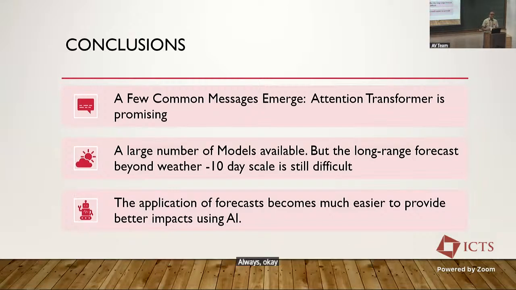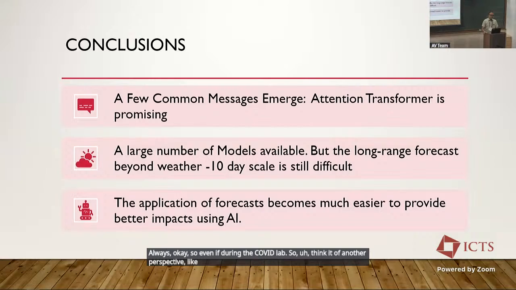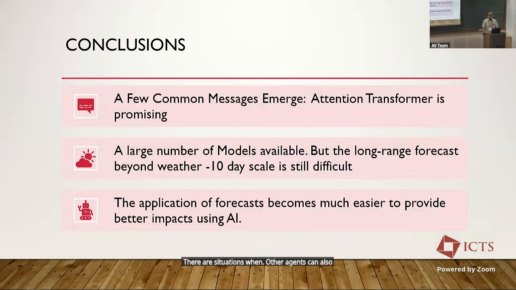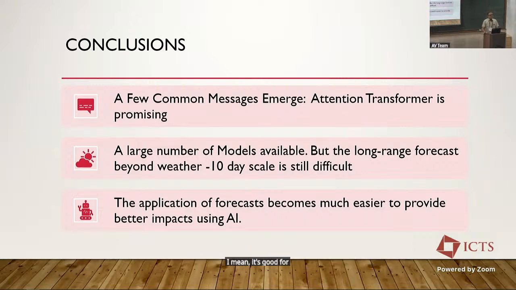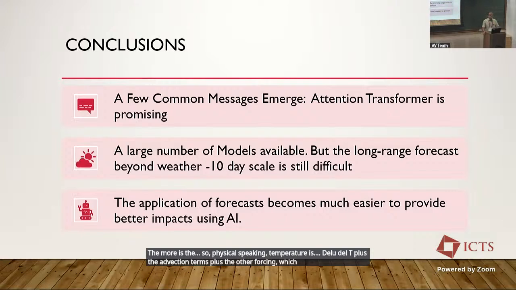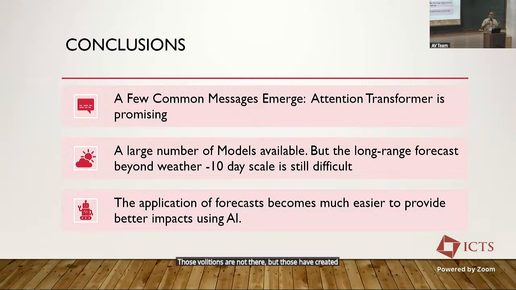Okay, so think of it from another perspective: pollution is doing this, but there are situations when other agents can also reduce the temperature. So it's good for a machine learning model to learn from that scenario also. The more diverse the scenarios you get, the better. Physically speaking, temperature is del U del T plus the advection terms plus the other forcing, which is radiative forcing due to pollution, which you are talking about. Those pollutions are not there, but those have created more diverse scenarios